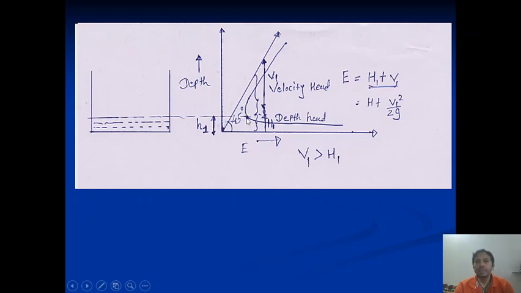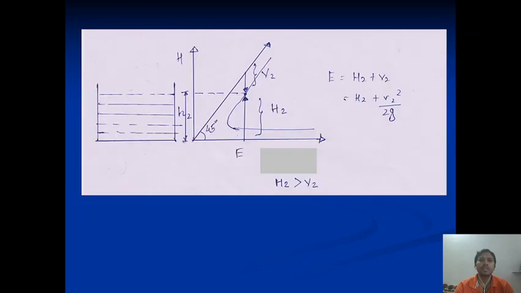This is the point that we consider as subcritical flow, H1. At that time we can observe that the depth H1 is less compared to the velocity head, so we consider that the velocity head is greater than H1. The specific energy is created by EP plus EK, that is, H plus the velocity head, which we construct with the help of v square by 2g. So we make the equation for the specific energy: E is equal to H plus v square by 2g. This is one case.